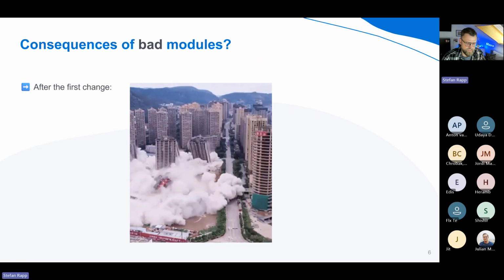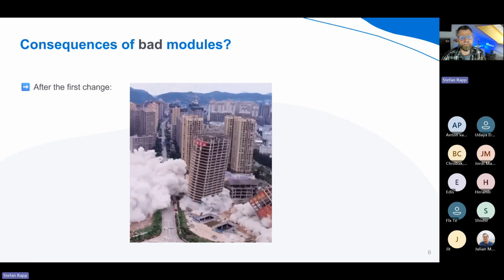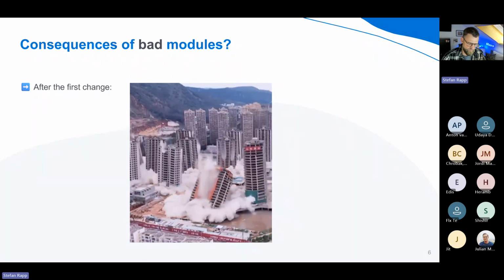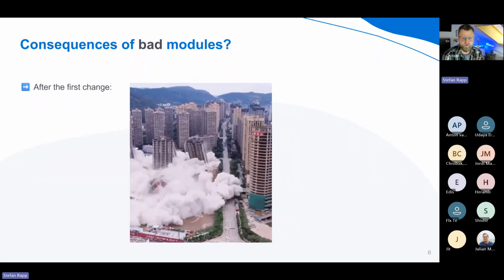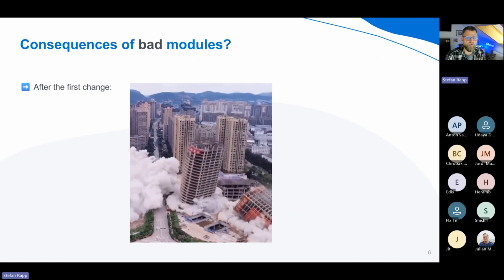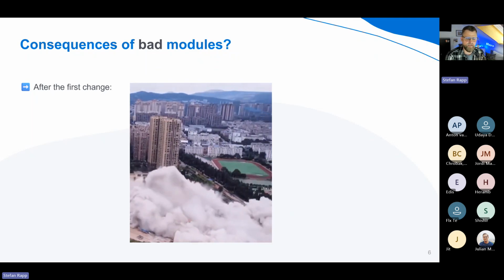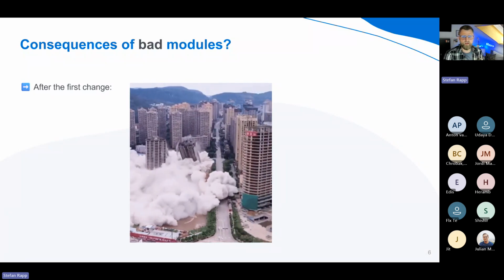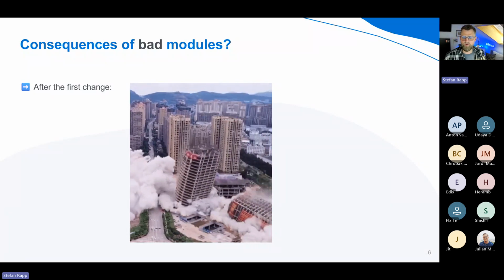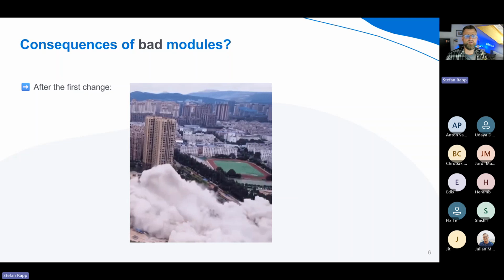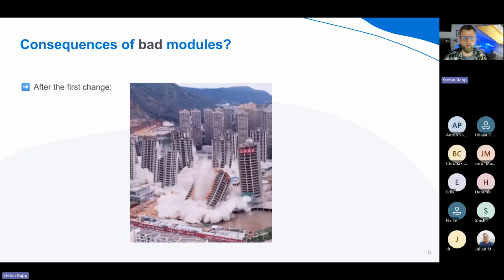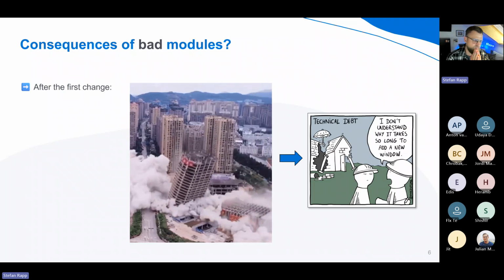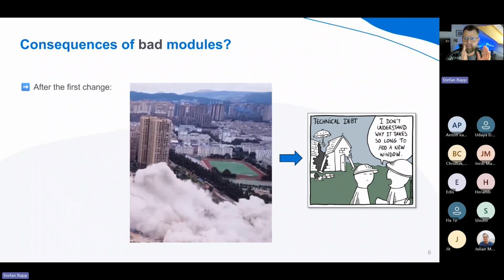I've also seen bad modules quite often at customer projects. So what happens if you provision your environment with bad modules? It's like in the picture here. After the first change, you will have issues, and sometimes all of a sudden resources in the cloud environment will start to be recreated or will be accidentally deleted. So you can destroy more or less the whole environment pretty easily. And also the technical debt is getting bigger and bigger. That's also the reason why I said, hey,